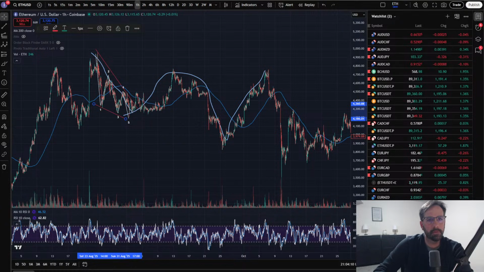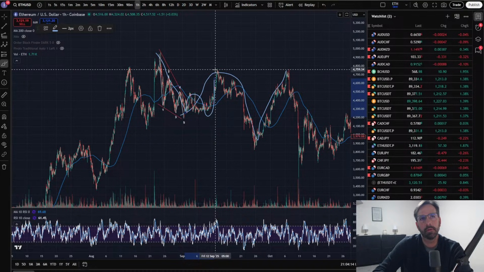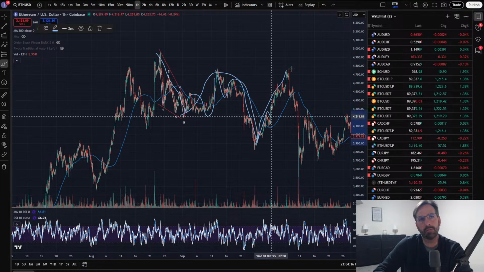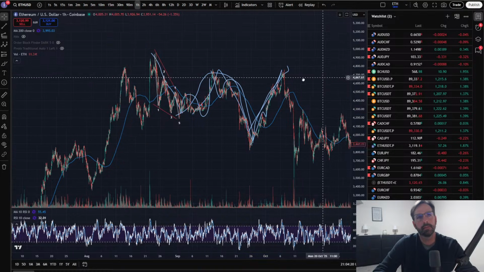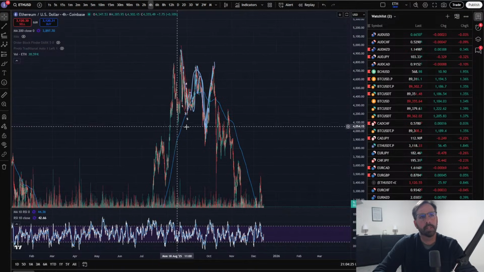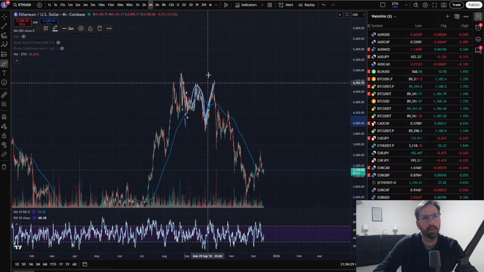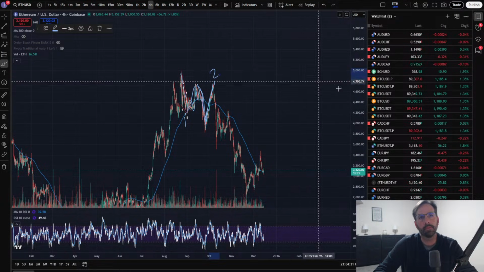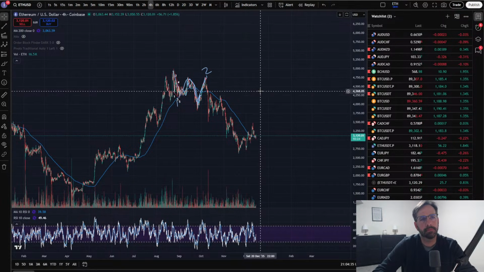There it is. Okay, good. Got some kind of 3-wave there. Okay, beautiful. Then you got 3 waves there, 5 waves there. So yeah, that could be ABC right there. Boom. Flat. So the way we're going to count that is 1, 2. Now we're in wave 3. What do we got?